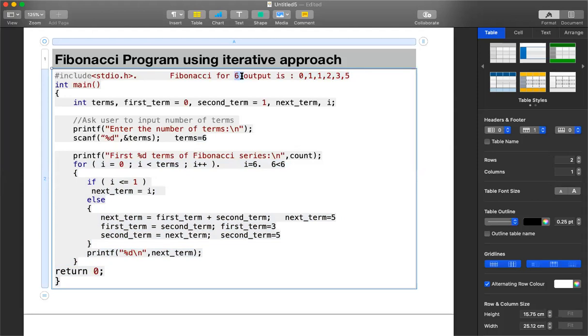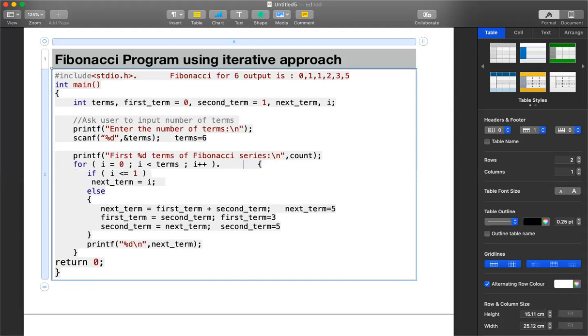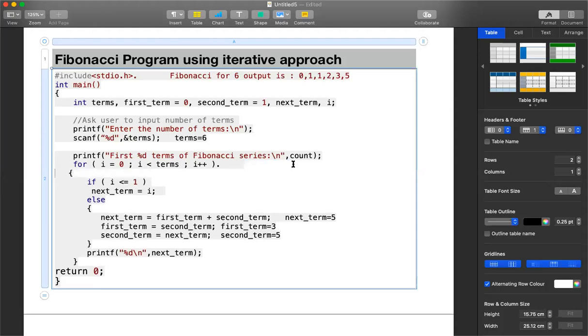I hope you have got this particular program using the iterative approach. So what is the Fibonacci series? The first thing you need to know is that when the program starts, we should initialize the first two numbers of the sequence. That is, the first term will always be 0, and the second number of the sequence will be 1. Once we get the first two numbers, then we can calculate any upcoming number. If you want to generate the third number, it will be the sum of the previous two numbers. If you generate the fourth number, that will be the sum of the previous two numbers.